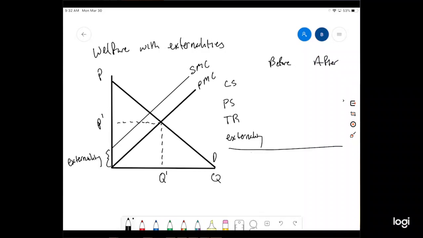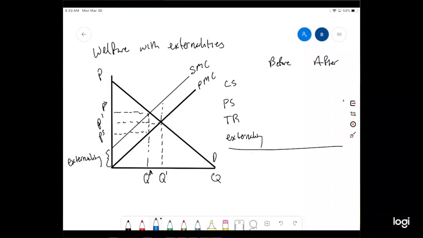So let's impose a tax in this market. The tax is going to make us consume up to Q star here. So the efficient quantity is not where the private marginal cost intersects the demand curve, it's where the social marginal cost intersects the demand curve. So that's going to be Q star. If we impose the tax to get us to Q star, then the price the buyers are paying is going to be here, and the price the sellers are receiving is going to be here. Now let's put some